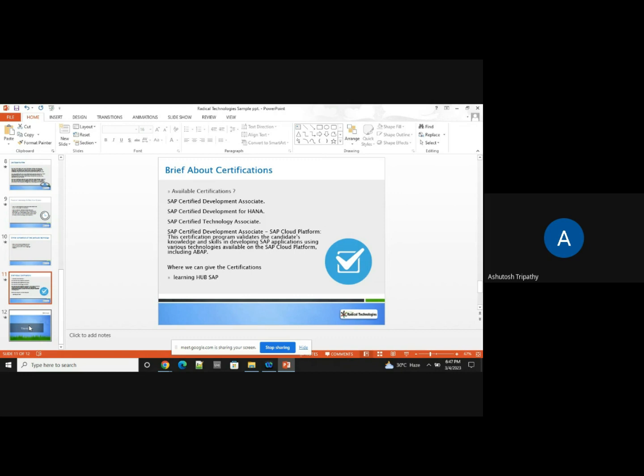For certification, SAP normally provides you the learning hub access, where you can learn. Or there are certificate dumps also present. One can refer to them, and if someone has a good idea of all these learning materials, one can write the certification. Yeah, go ahead. If anybody has any questions, I will clarify.